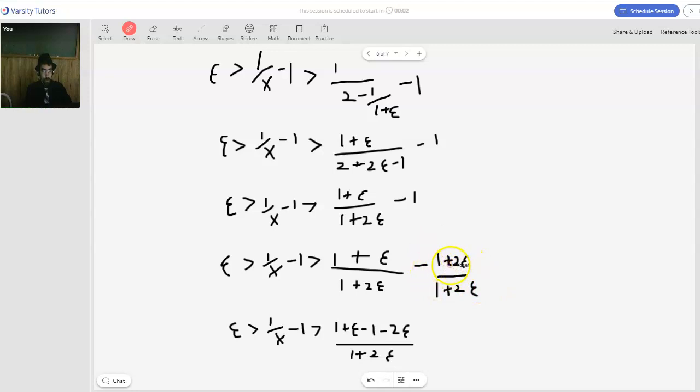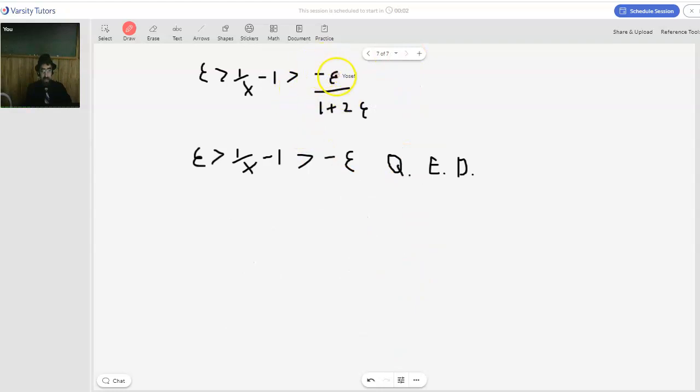So we turn this into 1 plus 2 epsilon over 1 plus 2 epsilon. Recombine in the numerators, and when this simplifies down, we get 1 minus 1 and epsilon minus 2 epsilon. This becomes a negative epsilon over 1 plus 2 epsilon. Finally, this denominator of 1 plus 2 epsilon has got to be greater than 1, because epsilon is positive. Which means this is less negative than just negative epsilon by itself. And so we have our 1 over x minus 1 is going to be less than epsilon, but greater than negative epsilon, which is what we were trying to show. So overall, this